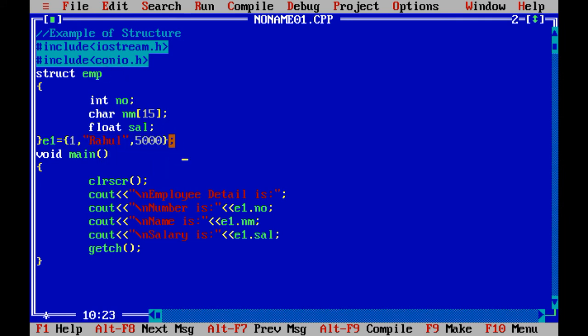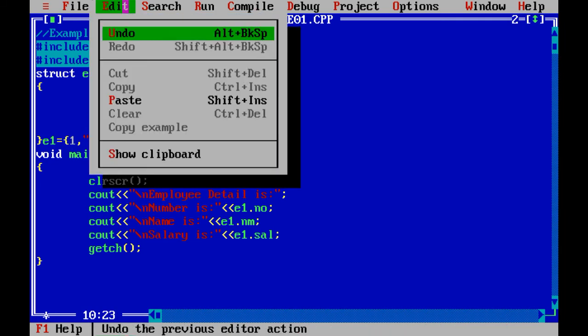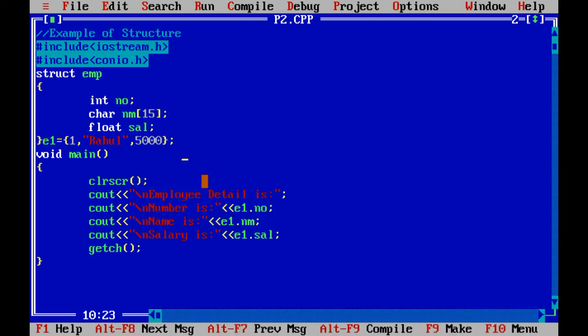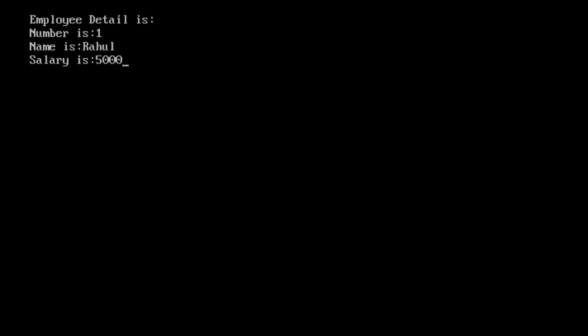Now let me save the given code first, F2, program number 2, but you need to store all these programs inside unit number 2. Don't forget to separate the folders, right? Now let me run the given code.